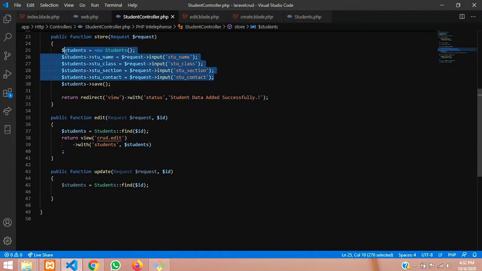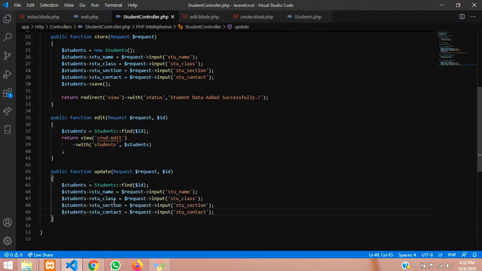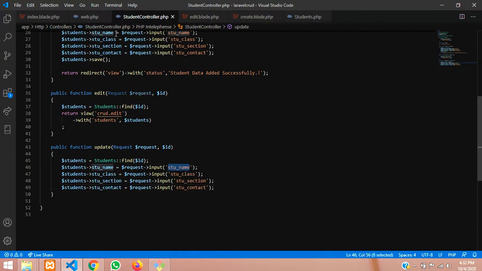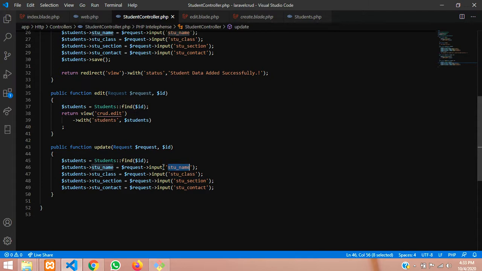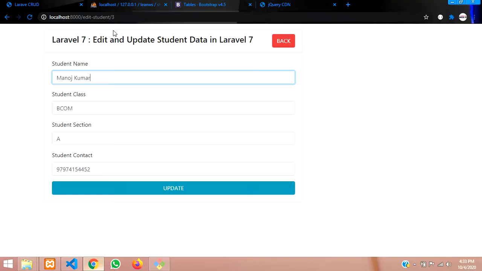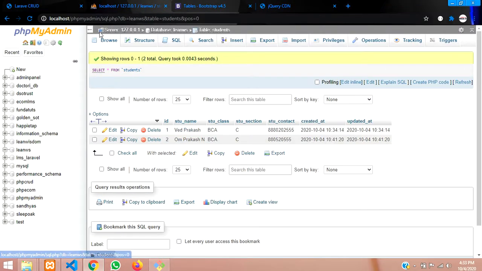So let me copy this, Ctrl C, and paste that same thing. Okay, so student name means you are going to accept these input tags. Okay, so input tags: student name, class, section, and contact. So these names will be called over here, and these names will be stored into your database table columns, fields, or attributes. Okay, so I'll just confirm this. From where is this coming? From here, table, this section, right? So from this section it's coming.